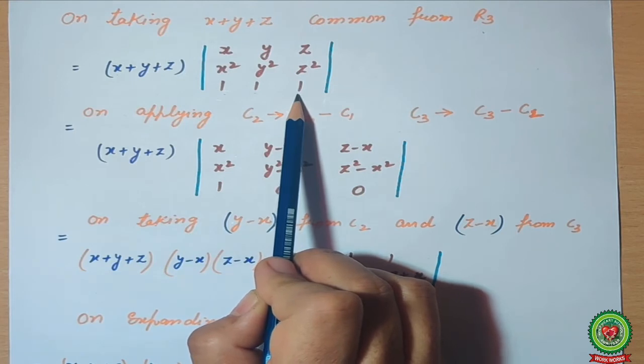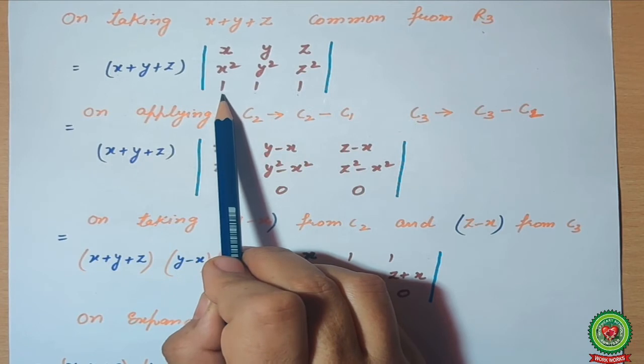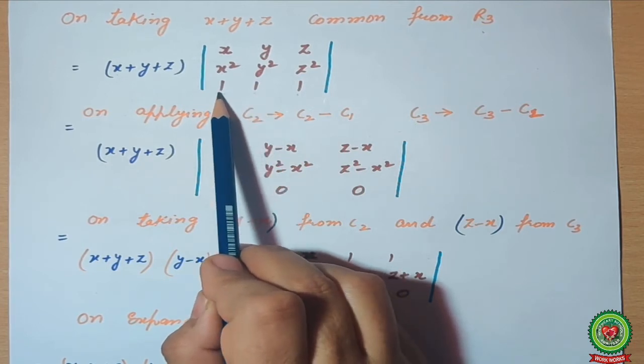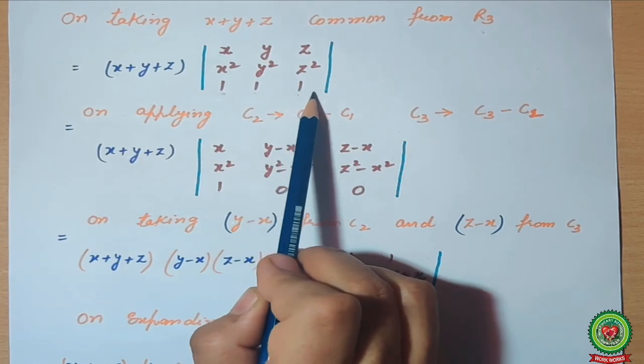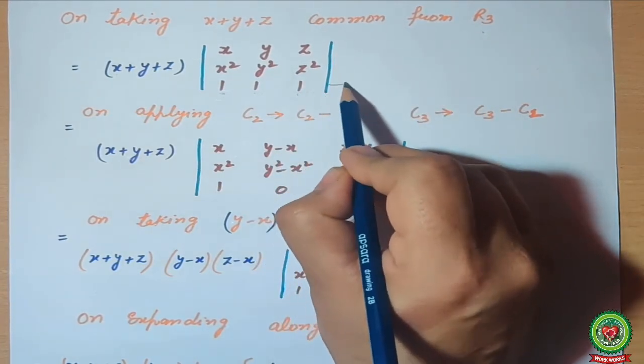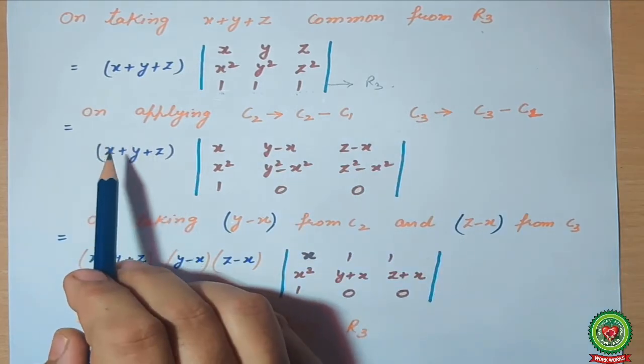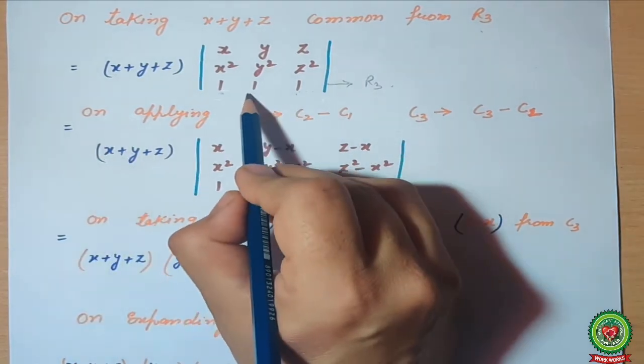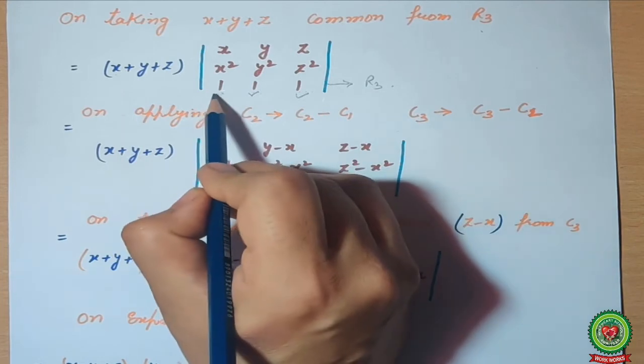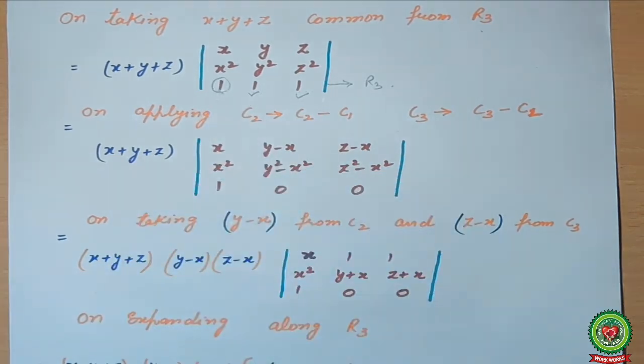Now, the first step is satisfied here. We are having all elements of one row as 1, 1, 1 there. Here, the condition is satisfied with R3. Now, we will make two 0s. We will make these two 0s with the help of this element. It means we will apply the operation in the column.